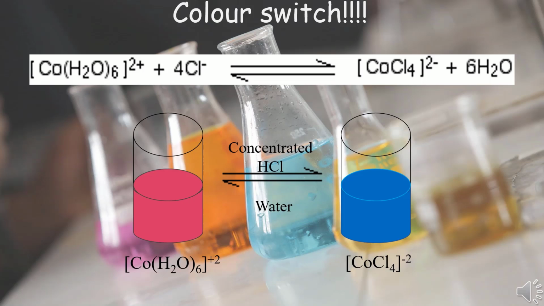Now I'll share one secret related to color changing magic. You can also try it in your lab and get amazed. If you add concentrated hydrochloric acid to a pink colored solution containing hexaaqua cobalt 2 ions, it turns into a dark blue solution. Here the 6 water molecules are replaced by 4 chloride ions in the forward direction. This reaction can be easily reversed by adding water to the solution. Adding water to the right hand side of the equilibrium has the effect of moving the position of equilibrium to the left, and as a result the color changes again into pink from dark blue.